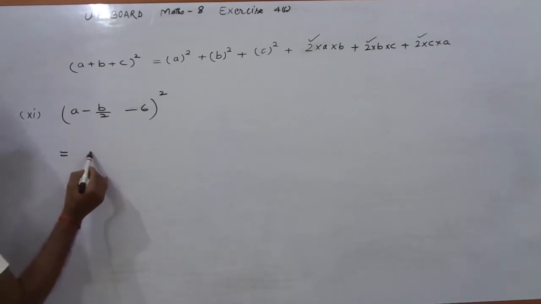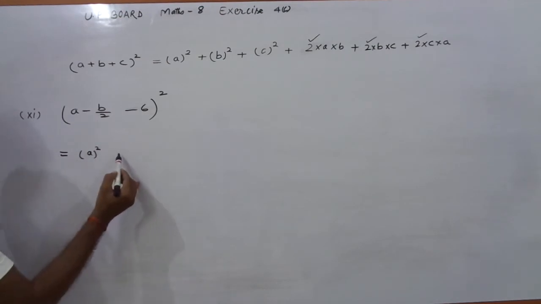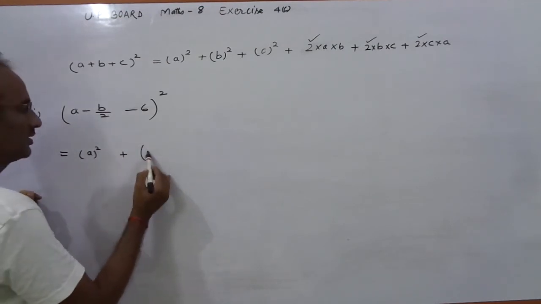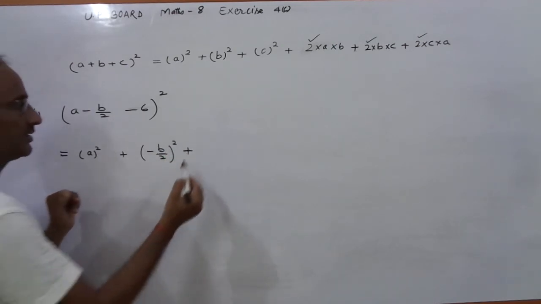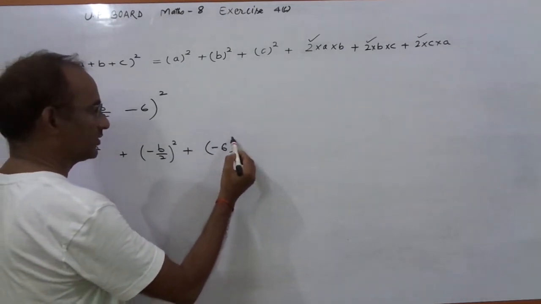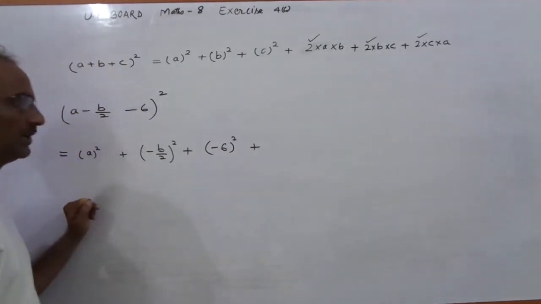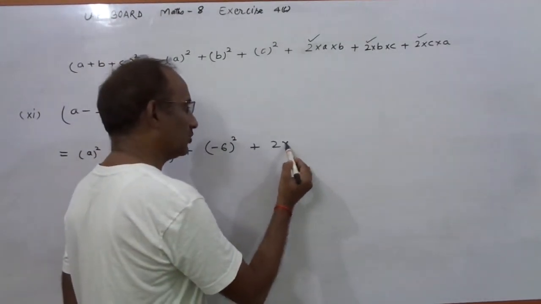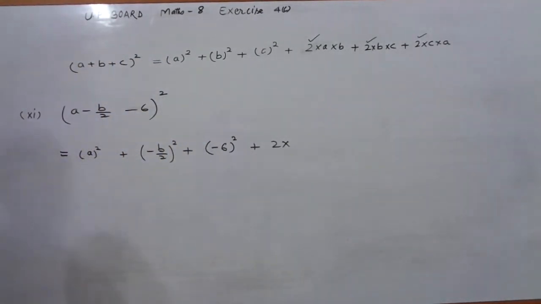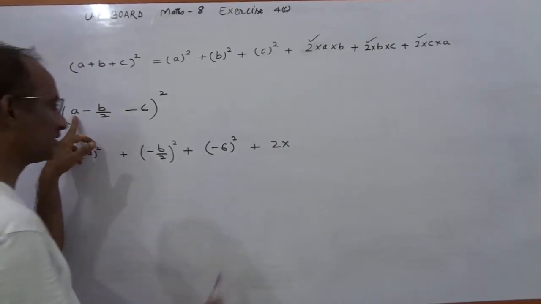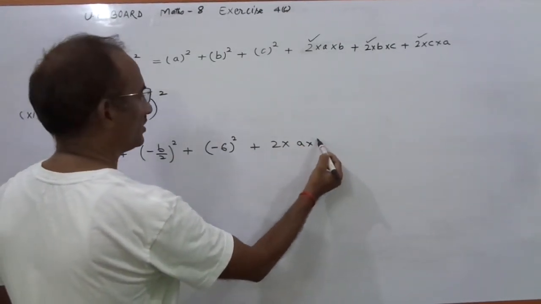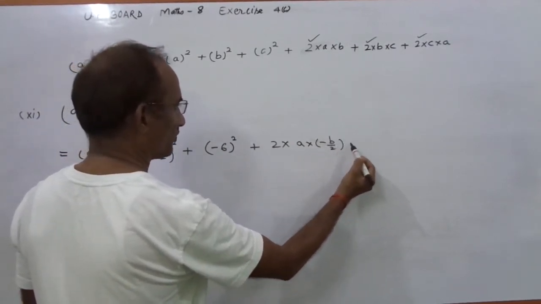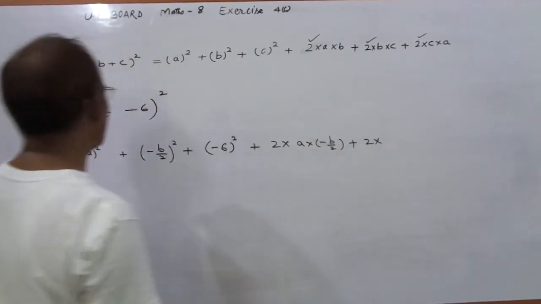So here we have to write a whole power 2 and then we write plus and minus b upon 2 whole square and plus and minus 6 whole square and plus 2 into AB. AB means the first and second term ka product lena hai. The first term is A and the second term is minus b upon 2,